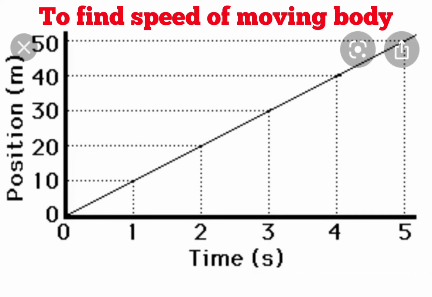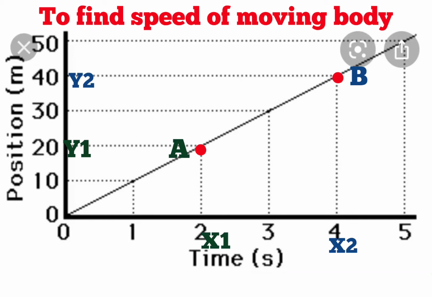Here we have marked all the points in the graph, right? Now from these 4 points you can take any 2 points which you like. Here we are taking the points joining 2 and 20 and 4 and 40. Call it as point A and point B. Now what you have to do, you have to take x1 as a point on x-axis where A is meeting, and y1 as point on y-axis where A is meeting. Similarly, x2 as point on x-axis where B is meeting, and y2 as point on y-axis where B is meeting.